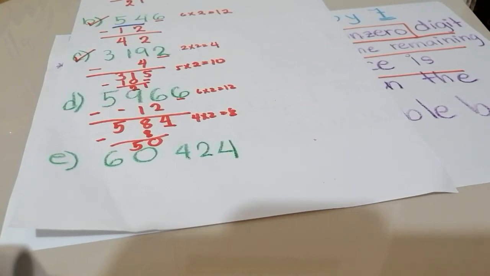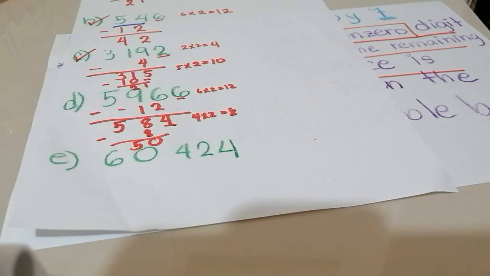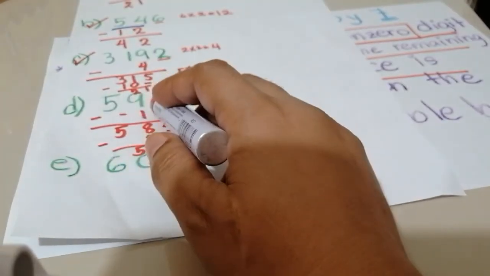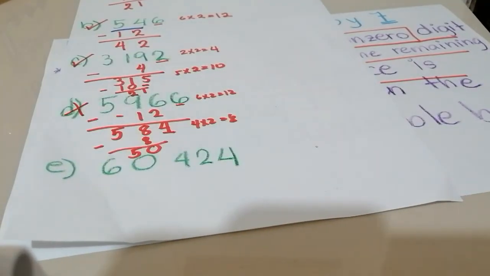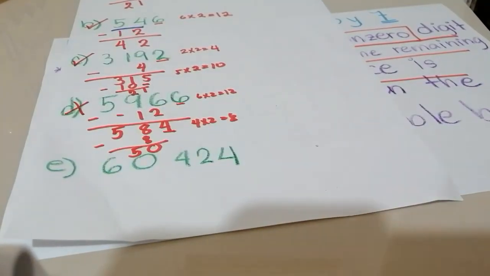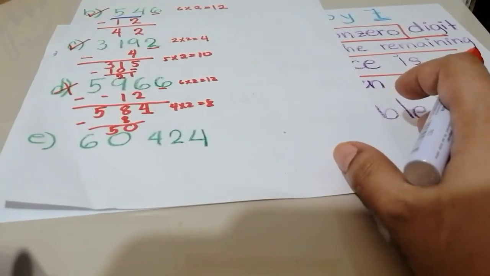After 49, 50 na yon. So, the next 7 na multiple, that will be what? 56. At hindi siya 56. Okay? So, that's why 50 is not divisible by 7. At dahil doon, we say that 5,966 is not divisible by 7 also. Okay, next, the last number. Let's see if